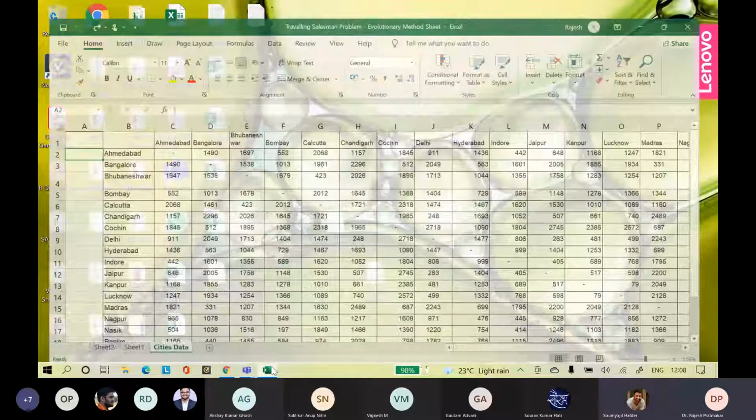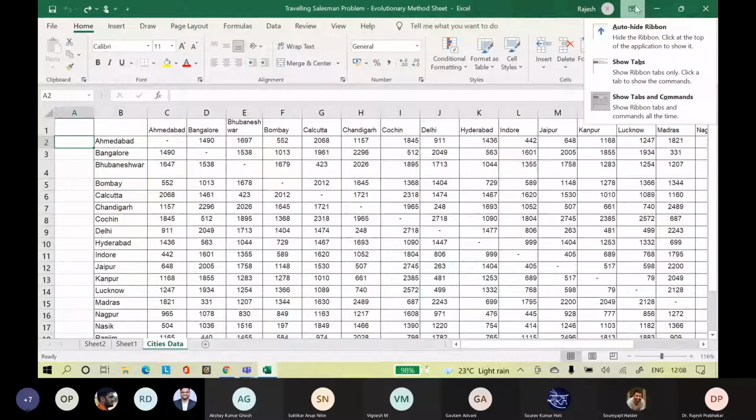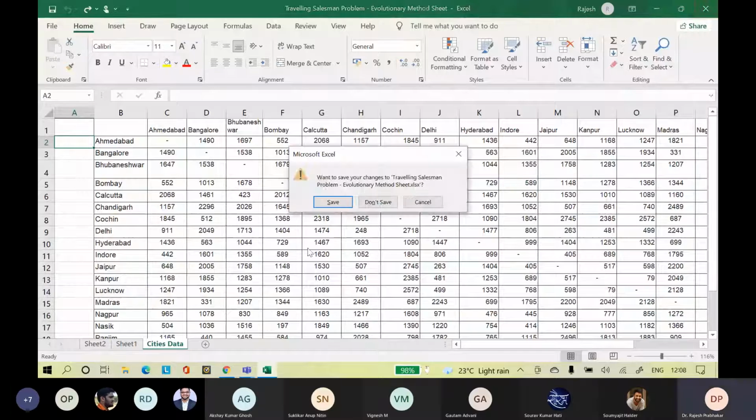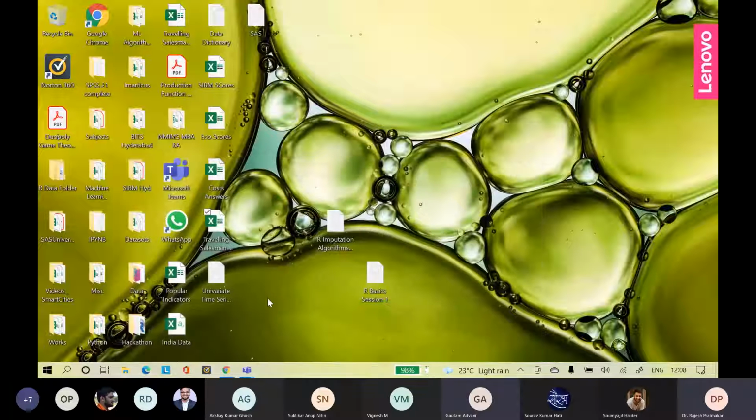Sir, I have updated the Excel sheet. Shall I send it in the file section? Upload it in the files folder, please. Yes, sir. This Patna is there, right? Yes, sir.